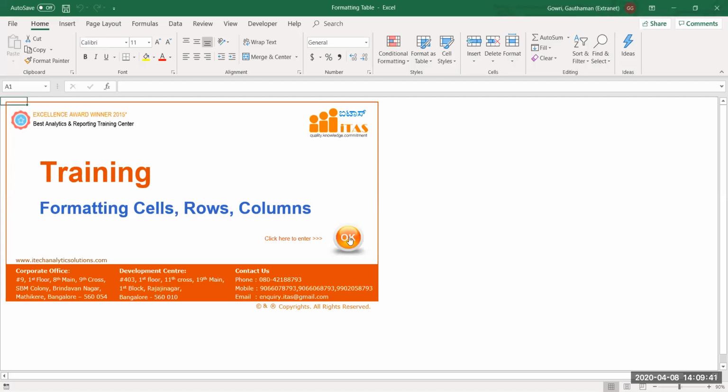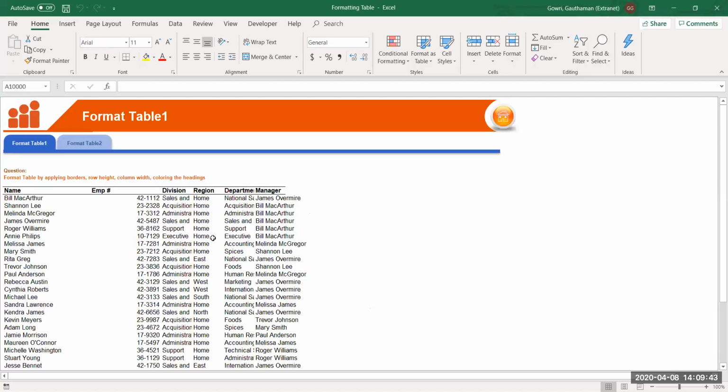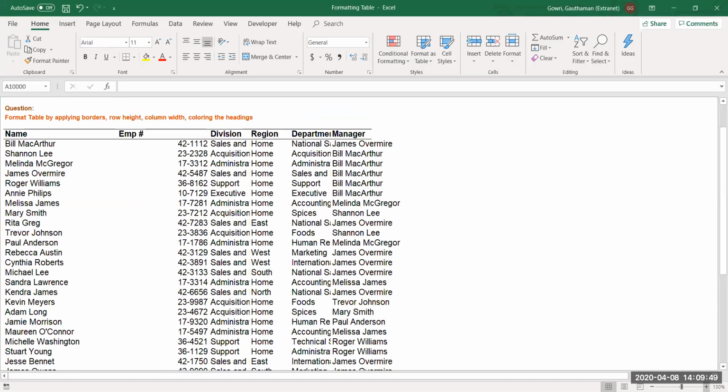Let's look at it. If you look at this data, it's very cumbersome, not properly formatted, not aligned, no borders, nothing, no visual aesthetics. Most of us do this in a hurry, so we don't think much about the formatting part. It will actually spoil the impression, it will reduce the readability of your data, and all such things will